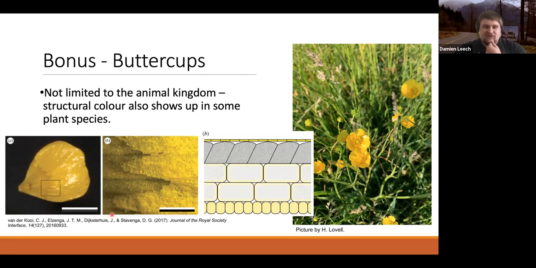So this is a really fascinating paper by the Stavanger group that basically states that this is the kind of structure that's going on just underneath the surface. There are these air gaps, and the light is being selectively reflected back to you with this very strong yellow basis. One of the interesting things about that is people have started to suspect that the shape